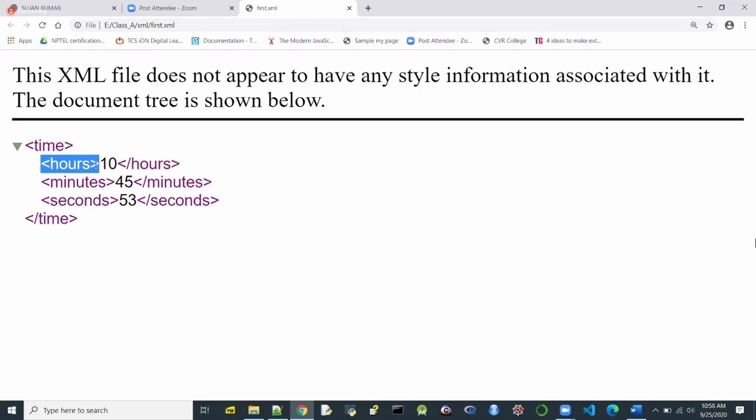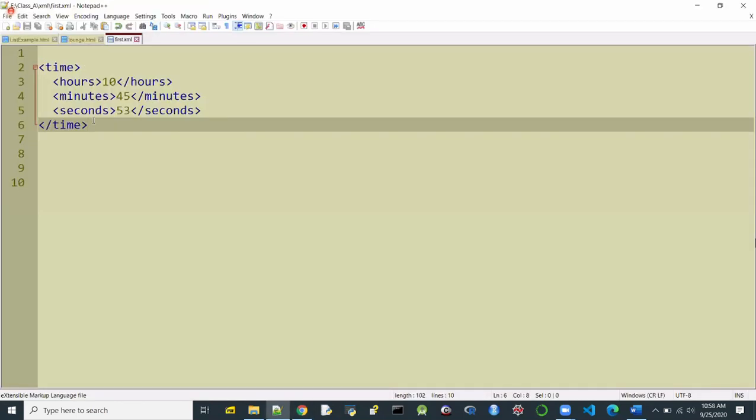Later on, we will see how to give this information to the browser, either by defining a DTD, document type definition, or something called XML schema. And then we will also see how to apply transformations by using XSLT. But just note that we have used a very simple XML over here.